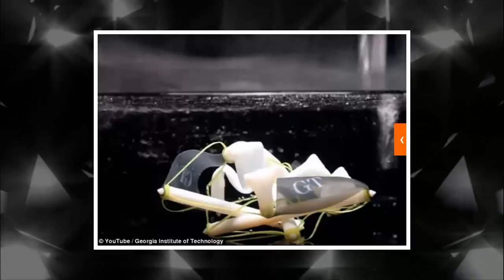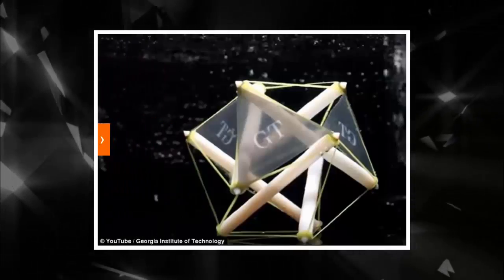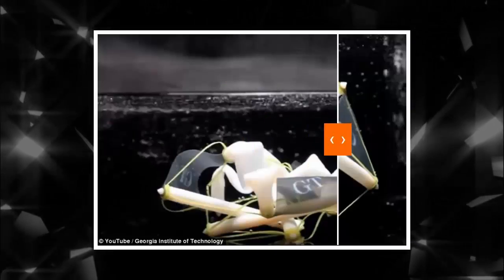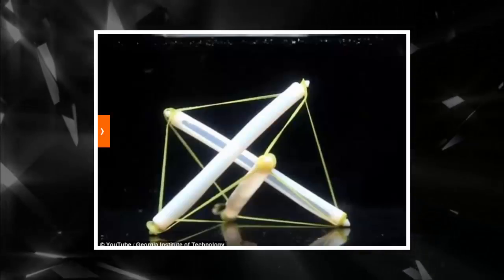Scientists have created shape-shifting 4D printed objects that dramatically transform when heated. The objects are made from shape memory plastics created using a 3D printer, but are labeled as 4D printed because they can change their shape after production. The researchers say that the morphing materials could be used for super lightweight structures needed for space exploration, or even